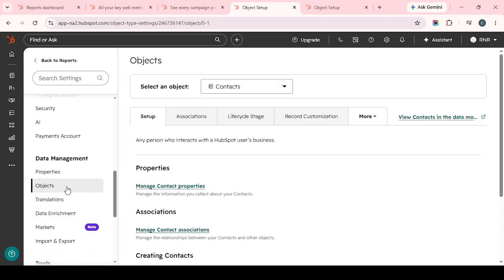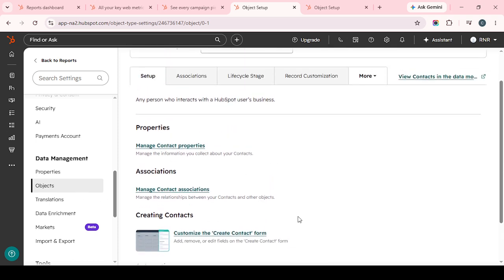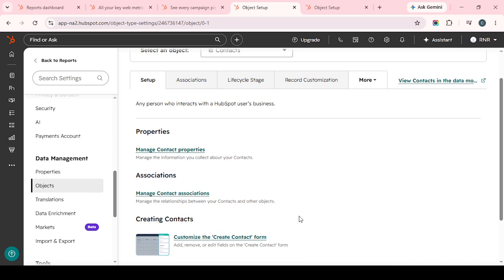A well-organized pipeline makes it easier to understand progress at a glance, spot bottlenecks, and keep your team aligned on what each stage means. Finally,